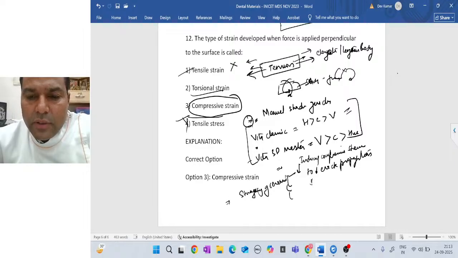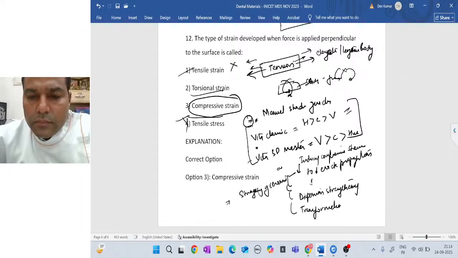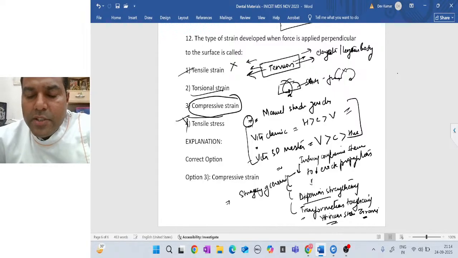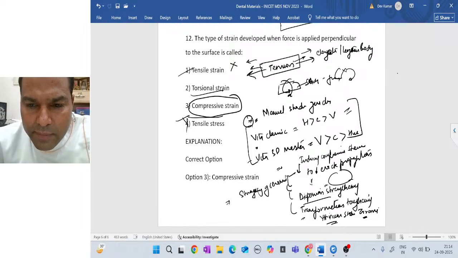then we have your dispersion strengthening, and then we have your transformation toughening. Transformation toughening is basically what we see in yttrium stabilized zirconia. Yttrium stabilized zirconia. Dispersion strengthening का मतलब है हम कोई भी ceramic में we have a glass